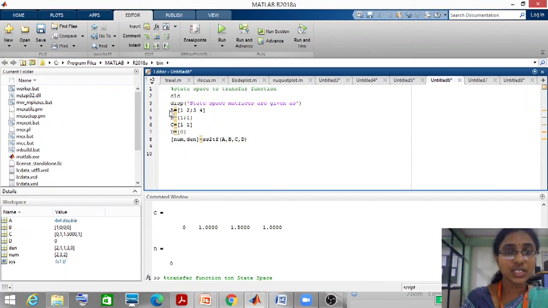If you want to see the complete result as a transfer function, SYS is equal to tf of numerator comma denominator. Now enter.